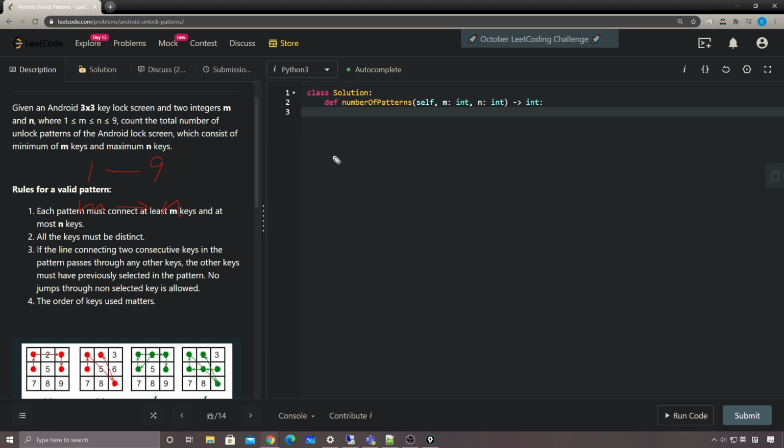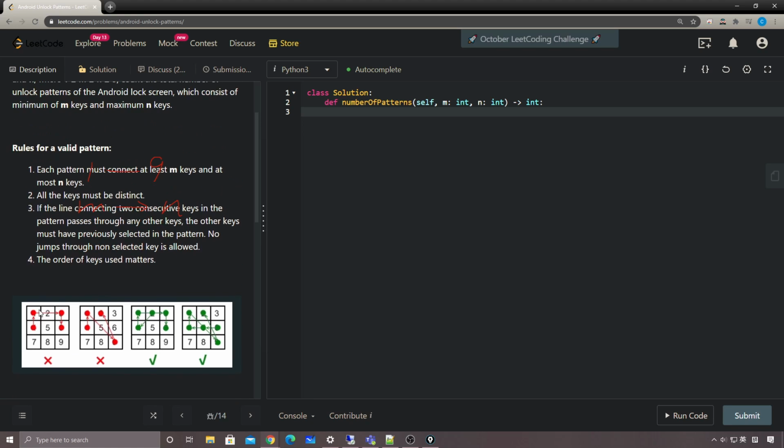Okay, so I think I can just use this example here. So we have 1, 2, 3, 4, 5, 6, 7, 8, and 9, right? So the third rule is like this. Basically, you can only move first to any adjacent key here, for example from 1 to 2. This is allowed. Okay, but from 1 to 7,